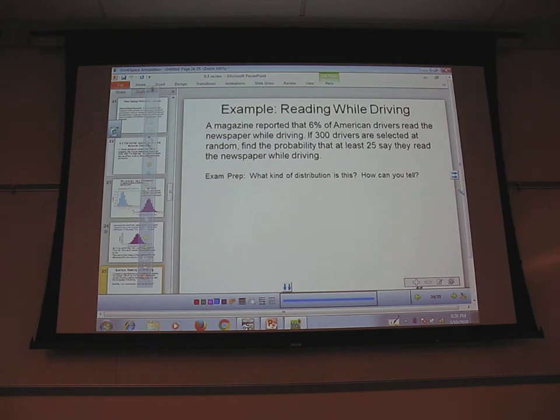Right, so let me break it down. Is it qualitative or quantitative? Quantitative, they're numbers. If you get quantitative data, then you're looking at means, and you're looking at normal distributions. Your data is numbers, means.